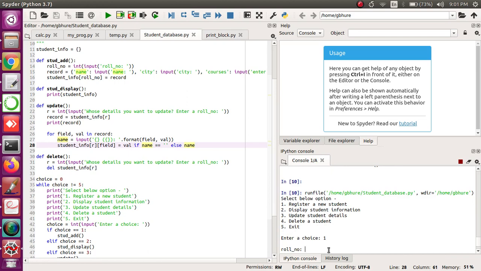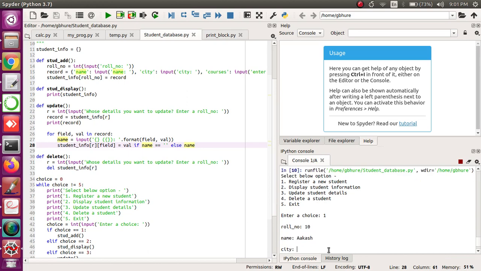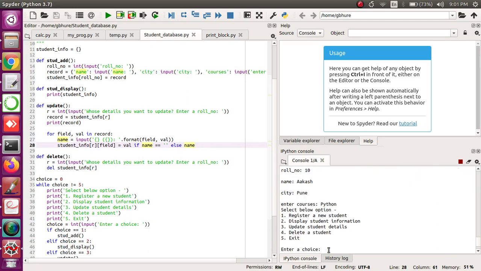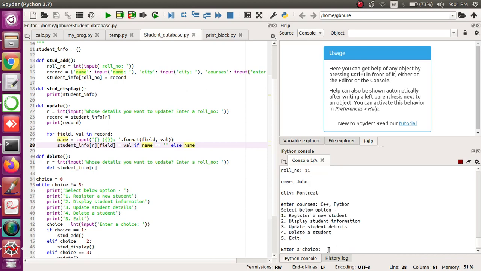Let's say I will use data like 10 as the roll number, Akash, Pune, course is Python. Then once again 11 is the roll number, John is the name, city is Montreal, courses are C++ and Python. Enter again, roll number 12,